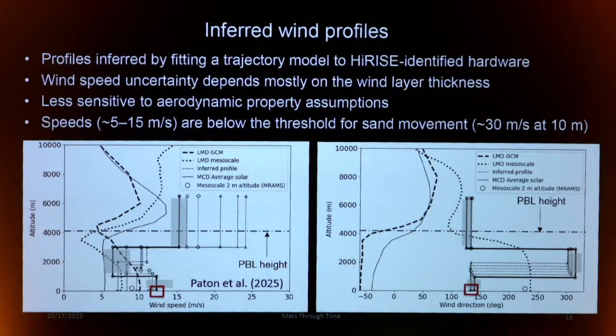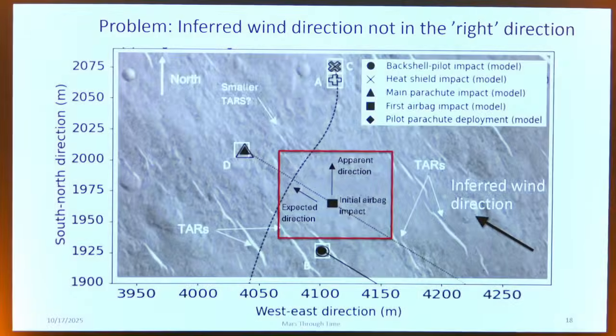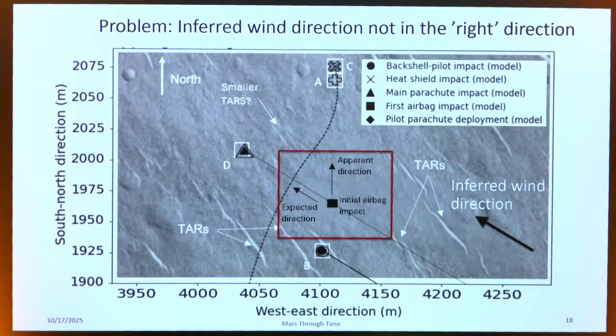It also proved to cause some complications with modelling the airbag trajectory. It seemed to be going in the wrong direction to end up at the location of the deployed lander. So this image shows the fit of the model to the components seen in the HiRISE image, and we only found